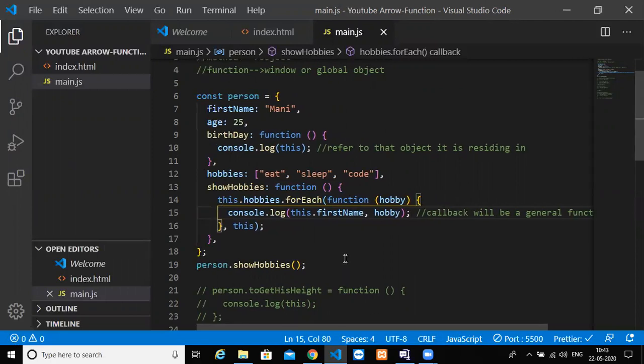So that's it for this video, guys. I hope you got a bit of understanding of this keyword. When it comes to arrow functions, you will get a highly clear idea about why arrow functions are important over a normal function and how they solve a few problems of this keyword. I'll try to do a video on that sometime soon, and I will upload it.